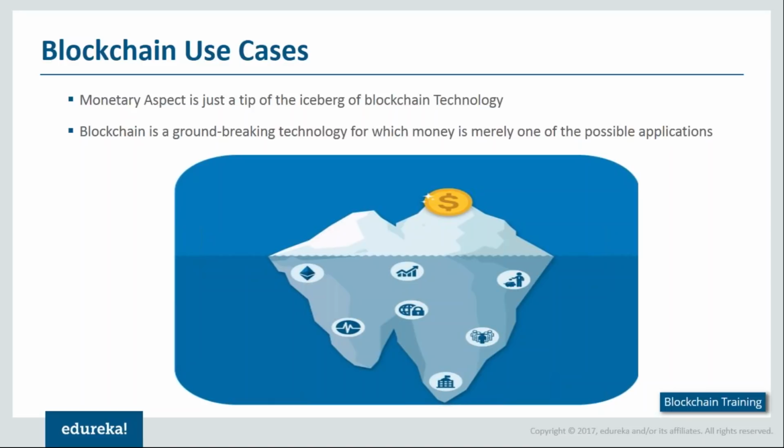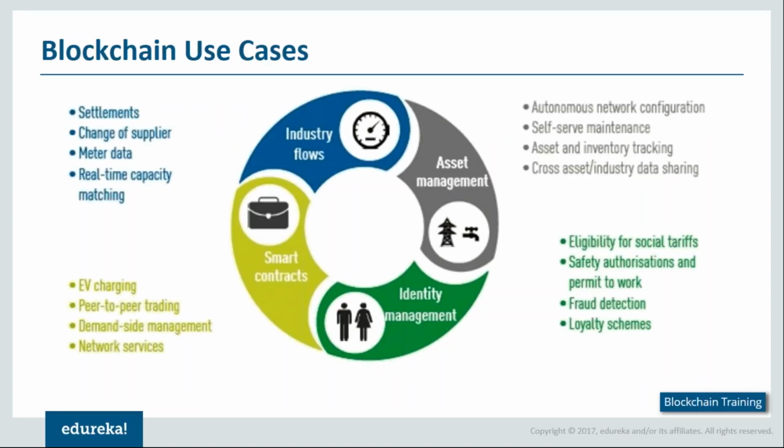Here, using a digital signature, anyone can sign into the blockchain and cast their vote, thereby ensuring more people come in and vote for their candidates, as well as ensuring that vote fraud does not happen. Apart from that, these are some of the different domains where blockchain can be used.